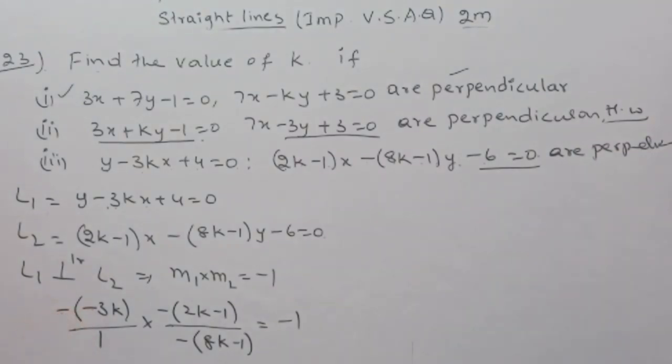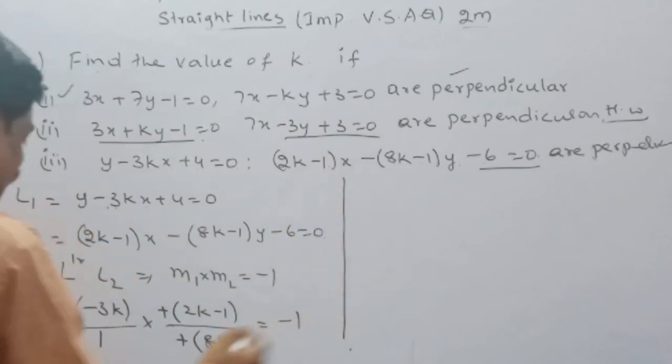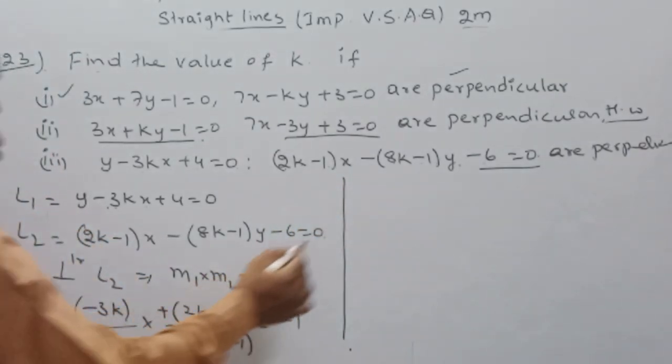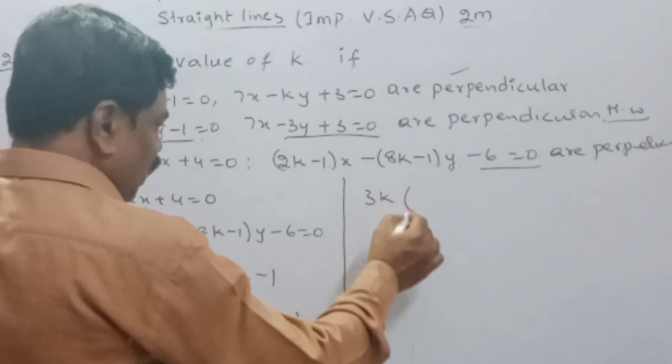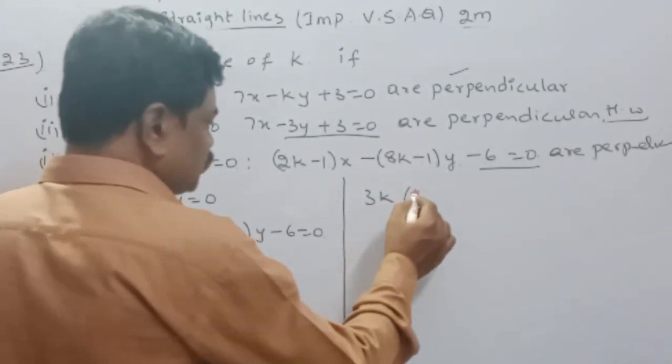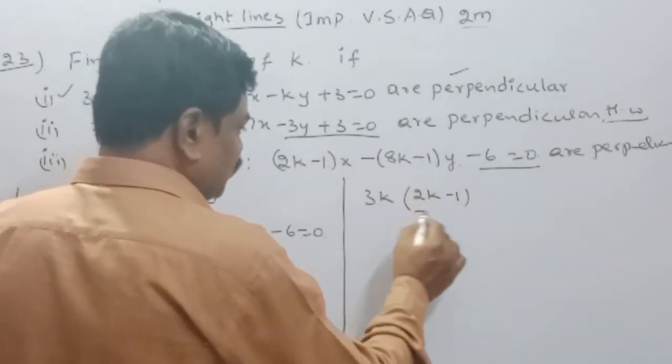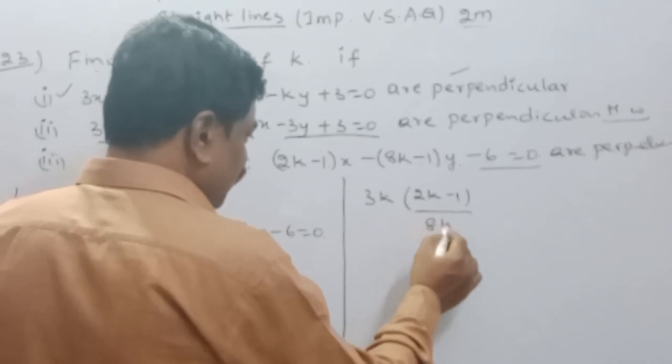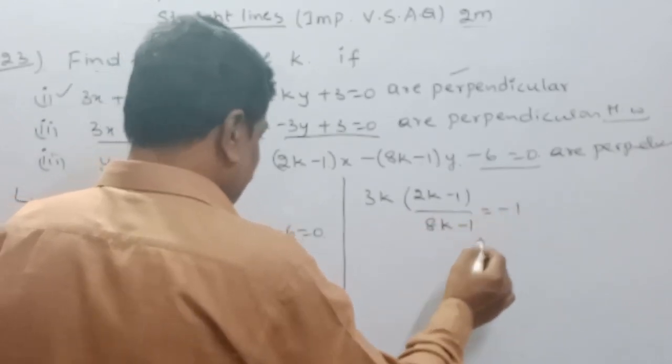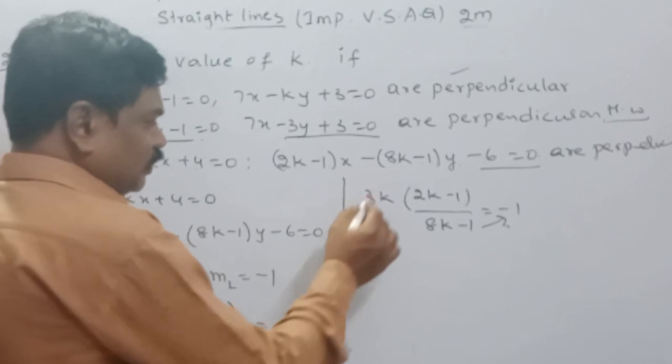This is minus into minus, plus. Then what is it? Here 3k into (2k minus 1) by (8k minus 1) is equal to minus 1. By cross multiplication,